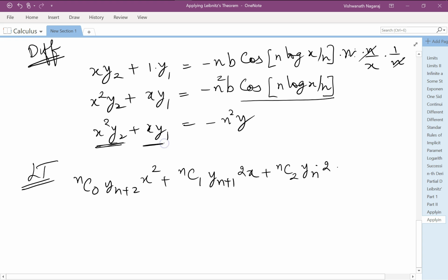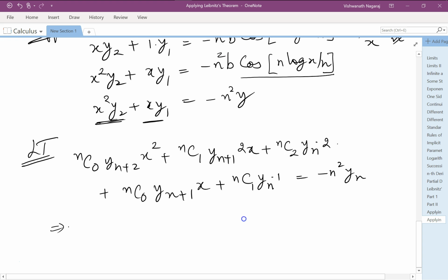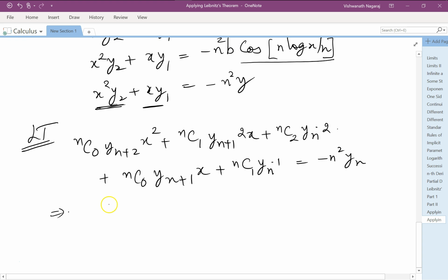Now we take up this. So plus nC0 y_(n+1) and x plus nC1 y_n and 1 is equal to minus n square, y is y_n. Now let's simplify. This is 1, so y_(n+2) x square plus n times